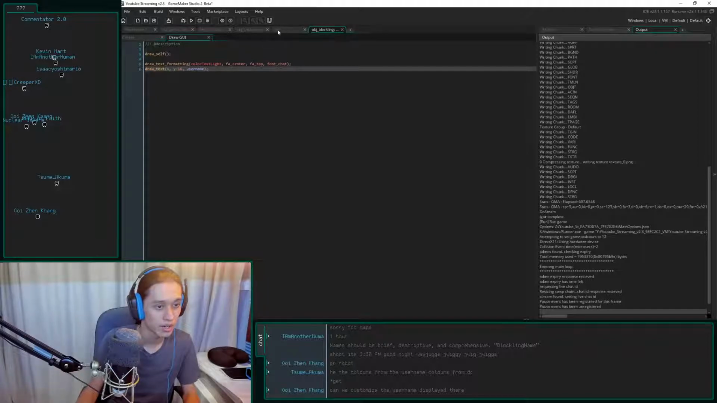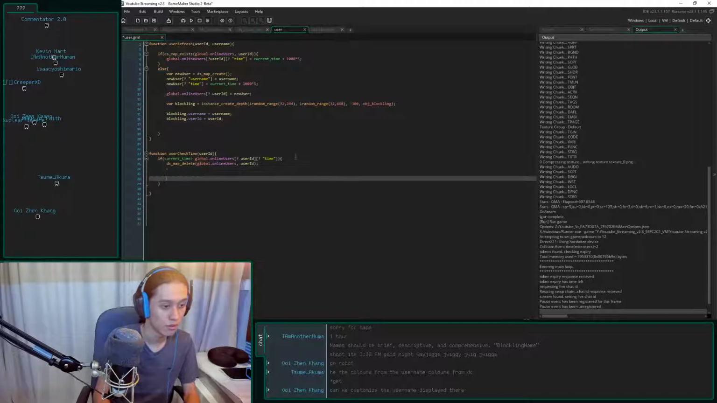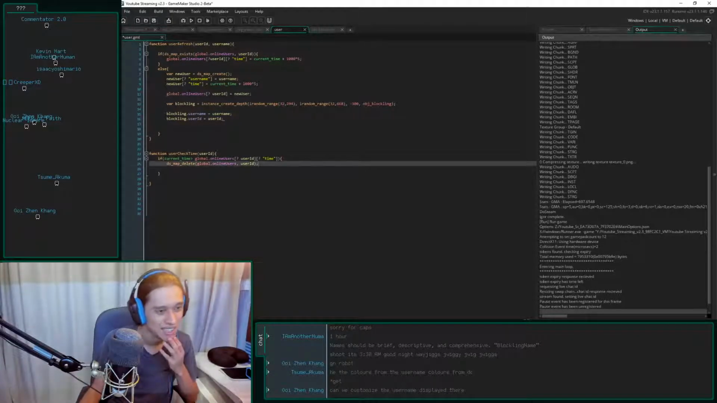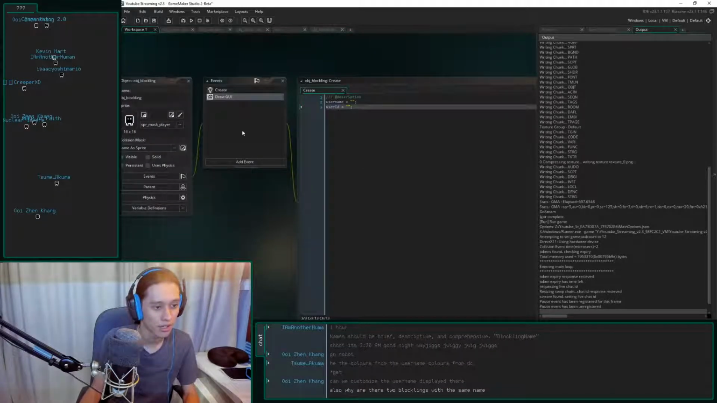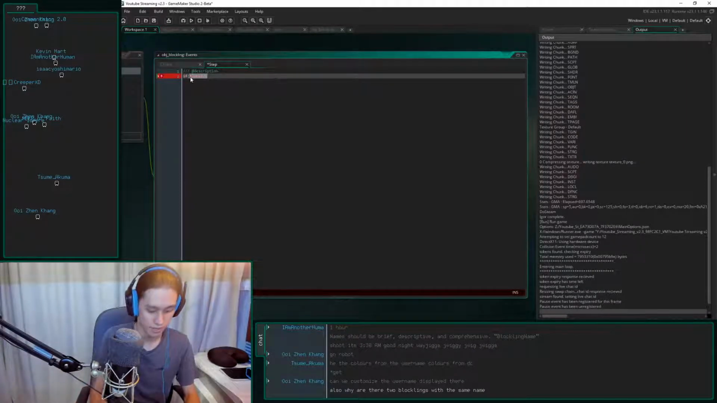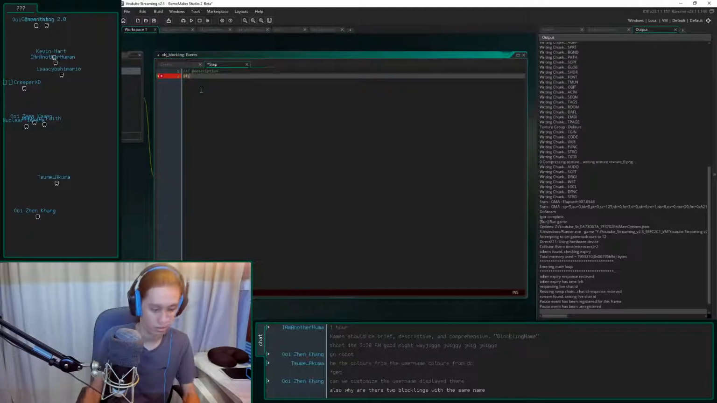Blockling's doing drawing. We need to make you go away. If the user goes away, then I'm going to make sure I get rid of... Actually, I think we can put that on the blocklings' part. Add event step. If global, if not DS map exists. Why are there two blocklings with the same name? Yeah, because they're not getting destroyed properly. If it does not exist,